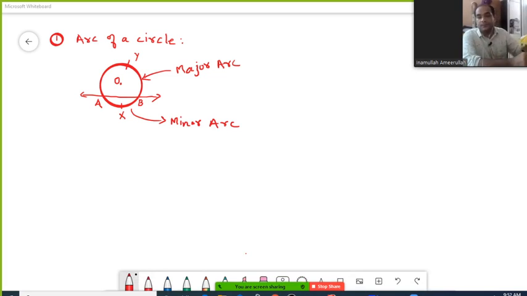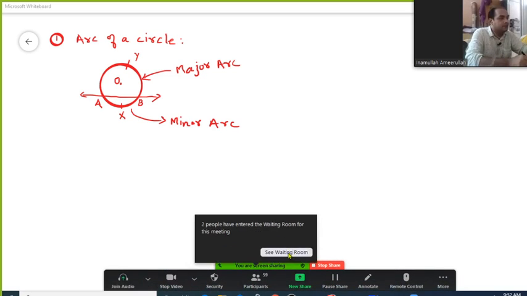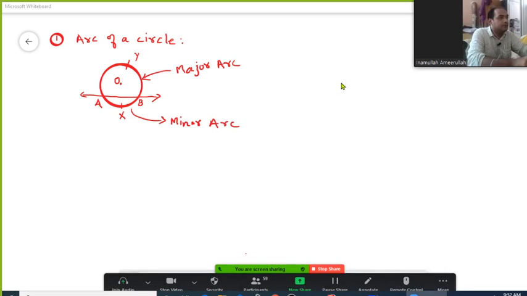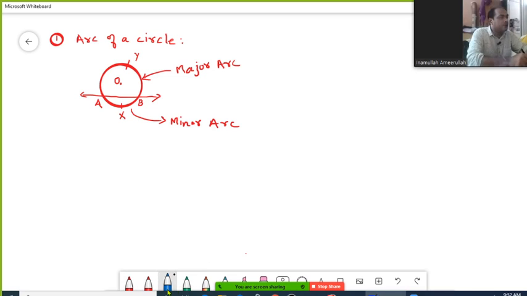So whether it is regarding arc of the circle or the area of the sector of a circle, even this part, either we talk about this AXB, this is called arc of the circle, and this part AYB from here to here is called major arc, and this shaded portion of the circle is called minor sector,